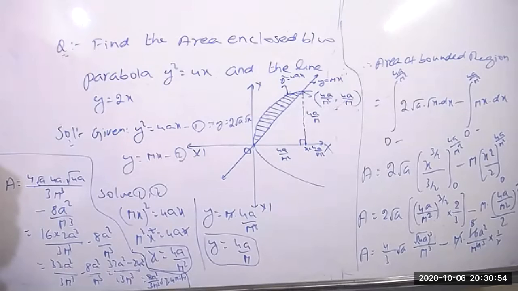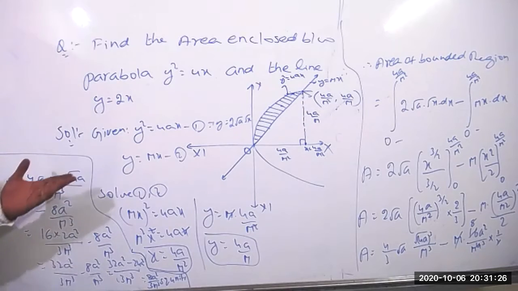Same model. The answer also clearly we got that. A equal to 1 means you will get 8 by 3, that means 1 by 3 is the answer for that. 1 by 3 square units. Because clearly, in the previous one we did the derivation. If they give y equal to mx and y square equal to 4ax, then area equal to 8a square by 3m cube. The same procedure.